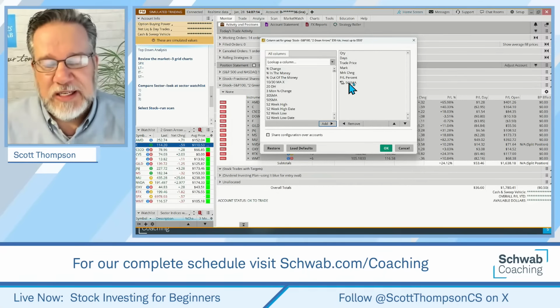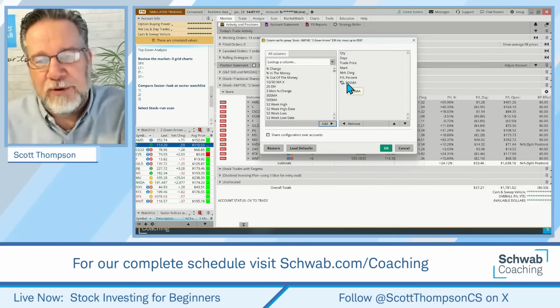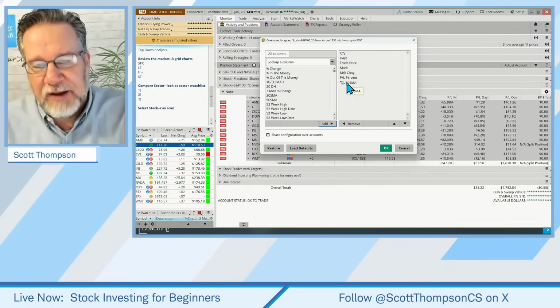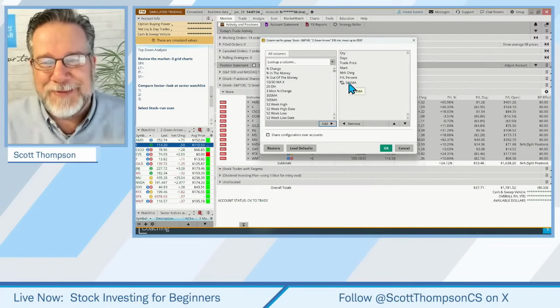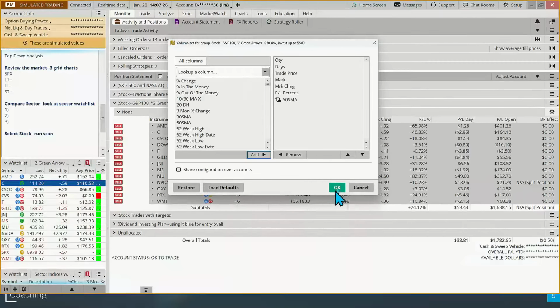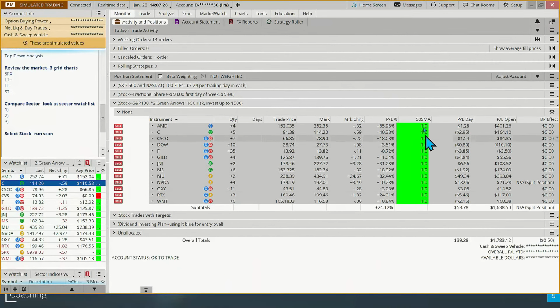But what this does is basically says, hey, if it's above the moving average, put a 1 and make it green. If it's below the moving average, put a 0 and make it red. So it's a really simple script, really simple column header. And if I click OK, then it loads this up here. And basically all I have to do is come to my monitor tab and see that all of my stocks in my portfolio are above the 50-period moving average. They're not guaranteed for accuracy or time. Sometimes there's little glitches there, so you do want to be able to check that.